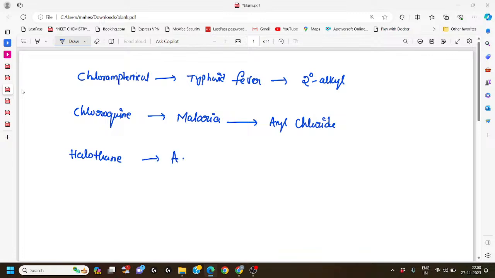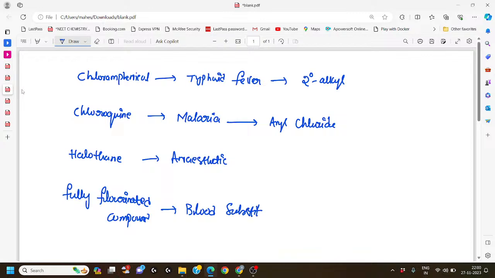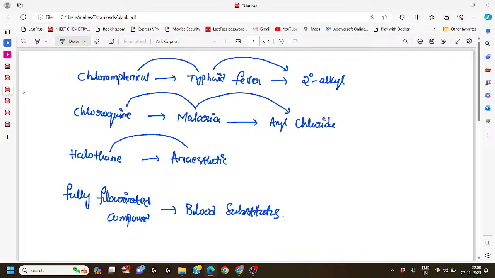Halothane is used as an anesthetic drug in surgery. And the last one is fully fluorinated compounds. What is the use of fully fluorinated compounds? These are used as potential blood substitutes. Chloramphenicol is used for the treatment of typhoid fever, and the chlorine present is on a secondary carbon. Chloroquine is used to treat malaria, and the chloride is present in aryl form. Halothane is used as an anesthetic before the surgery, and fully fluorinated compounds are used